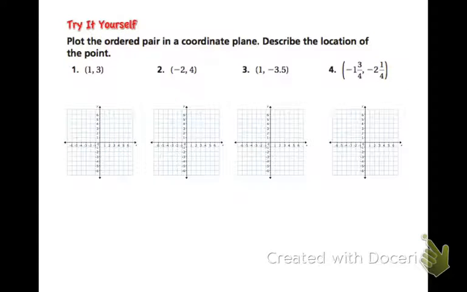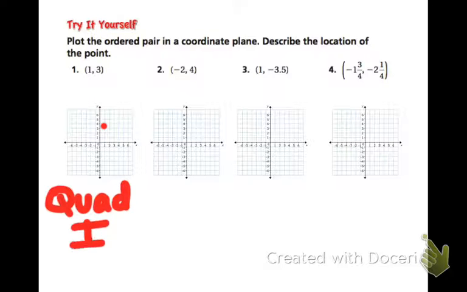So let's give this a try. Make sure you understand where these are being plotted. So for 1, 3, I would go to the right 1 place and up 3, and that's the best I could do. And then you would label where it is located, and it is in quadrant 1. For number 2, starting at the origin, back 2 and up 4, it's a little bit better. That's quadrant 2,